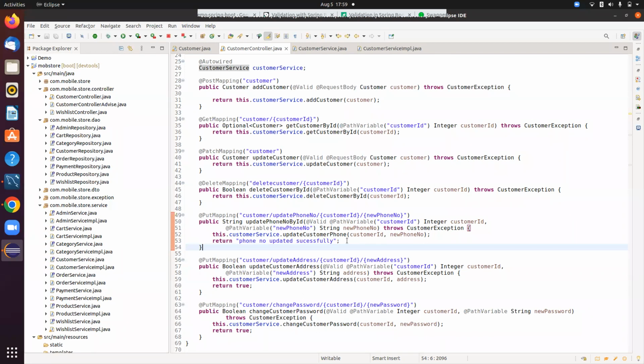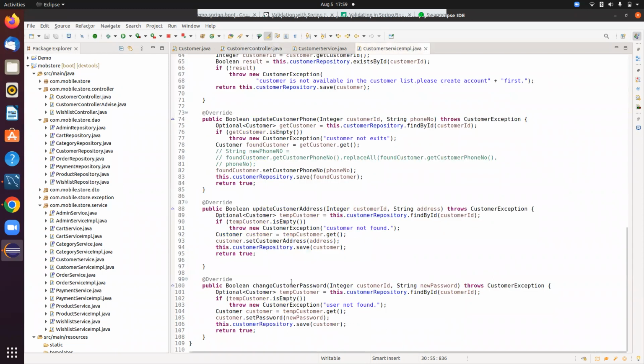Can you show me any other method? Okay, sir, change password. It's interesting. Show me the implementation of change password. Go to the service implementation, change password, here it is. First we get the customer from our database with the help of customer ID, and then we check if it is empty, then it will show the exception, user not found.